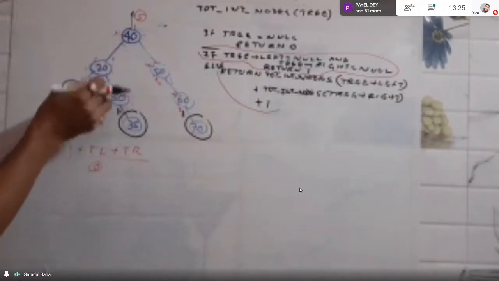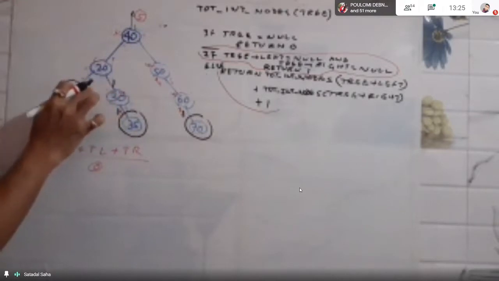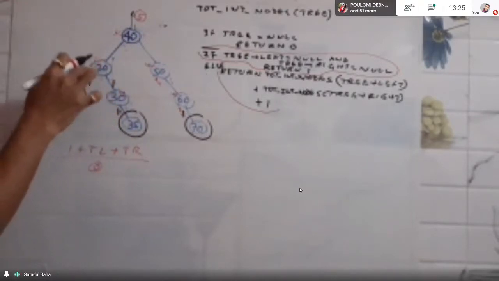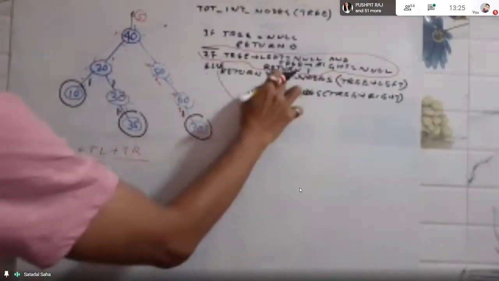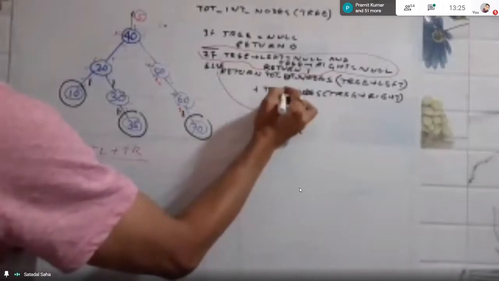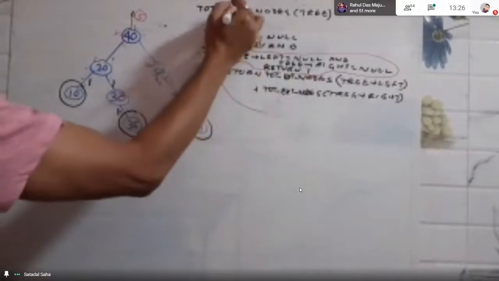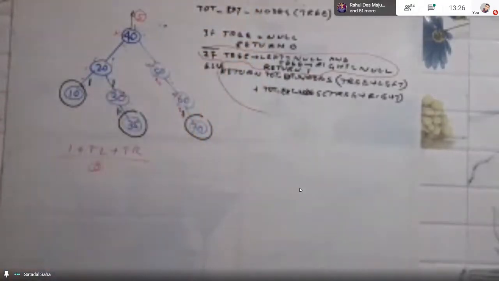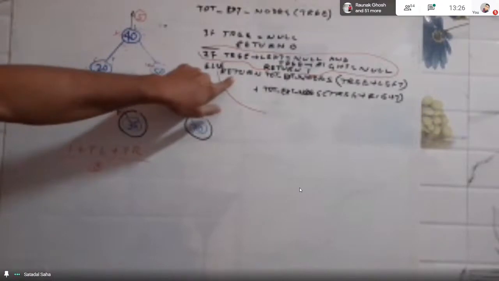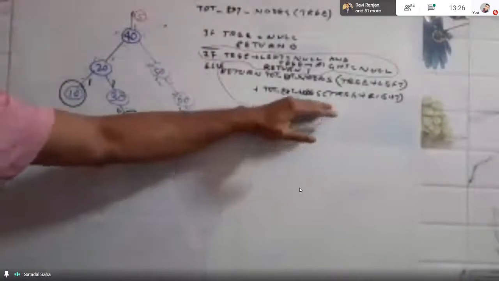So it will carry the value of total external nodes from this side, this one, so it will add this plus this, left child plus right child, it will not add its own value like plus 1. So it will simply call total external node left with right. So for all other nodes, the else will be executed, and it will add total external nodes from the left side and total external nodes from the right side.